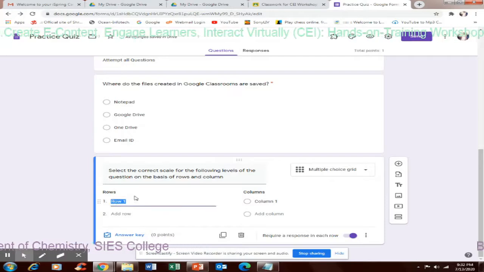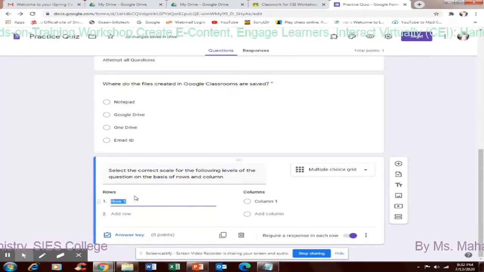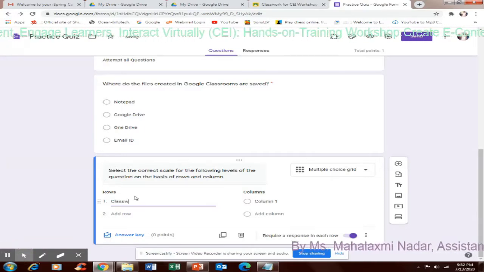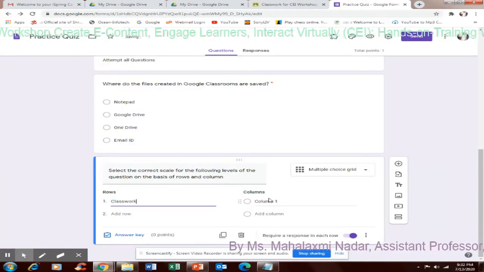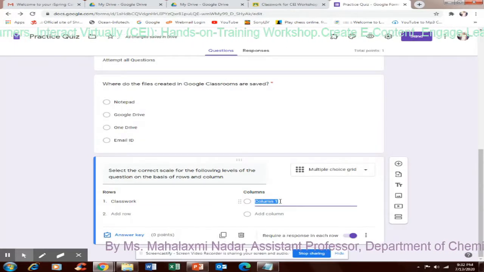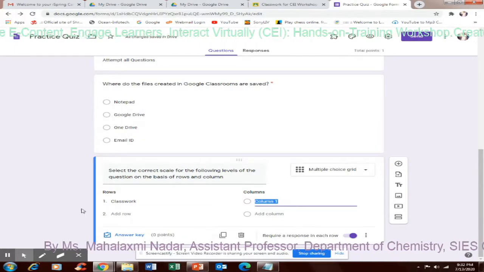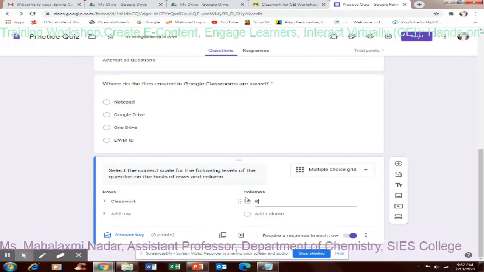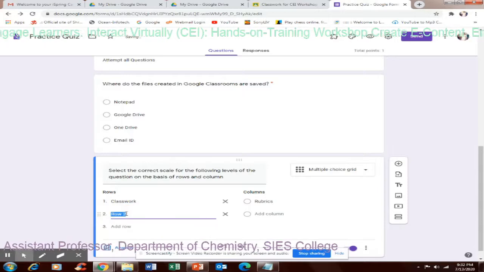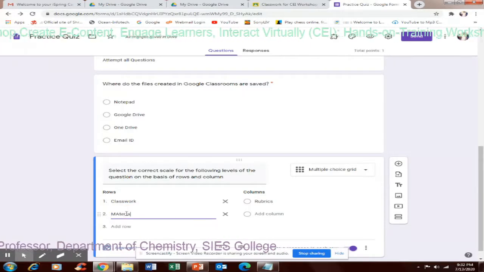So first row, I am giving say classwork. So you see in classwork, what would be the right option that we can see? I am giving one option. I will see rubrics, and another row I am creating for material.